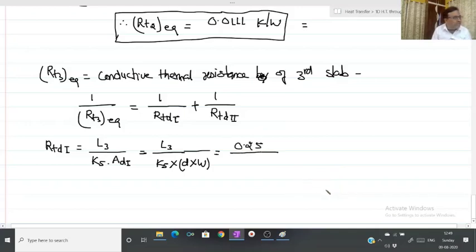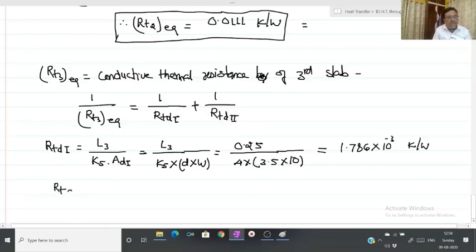Its thermal conductivity is given as 4. Height D we could calculate as 3.5 into width W is equal to 10, and this comes out 1.786 into 10 to power minus 3 Kelvin per watt. Similarly, RTD2 will be equal to